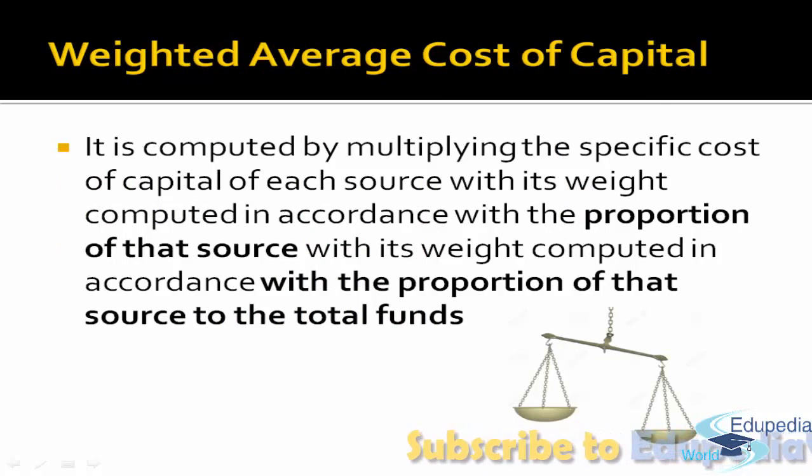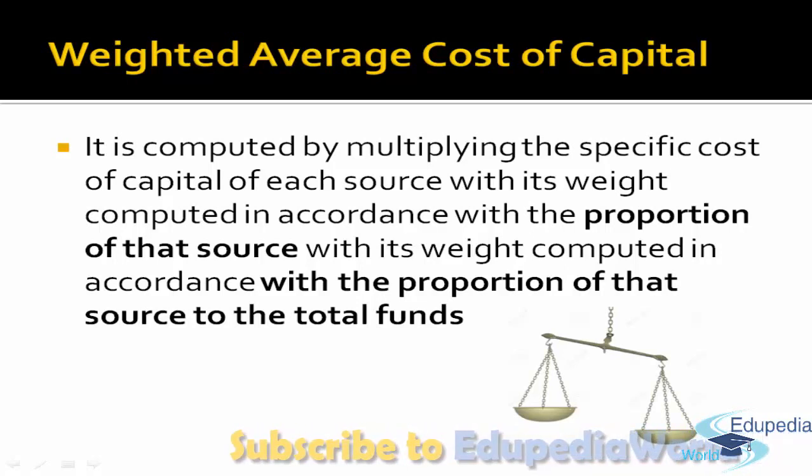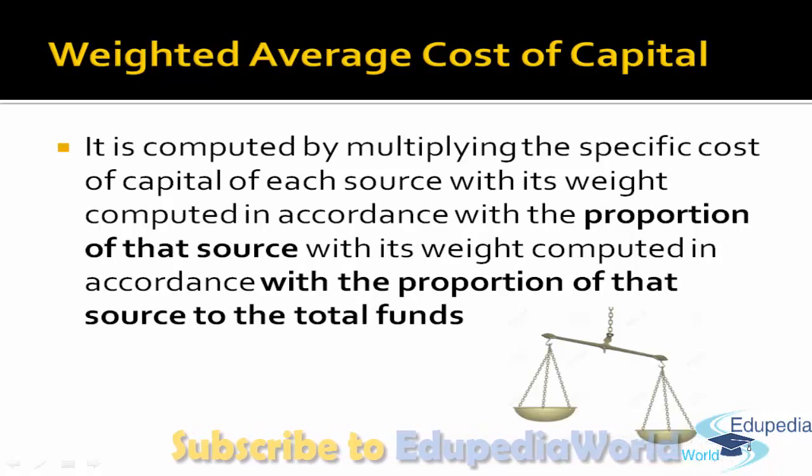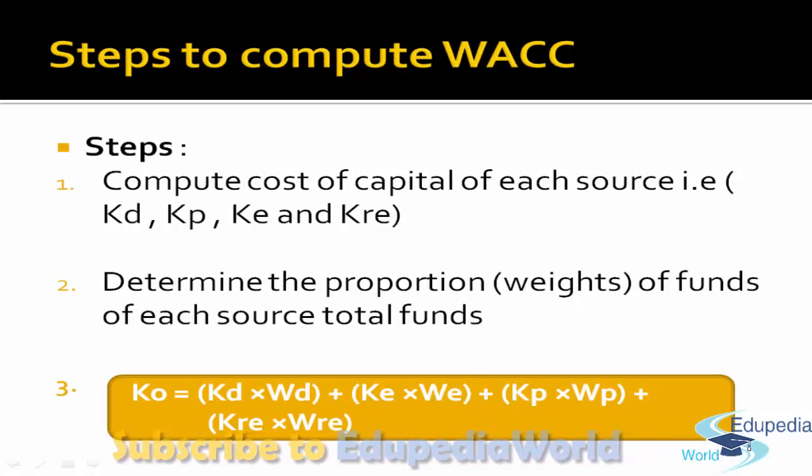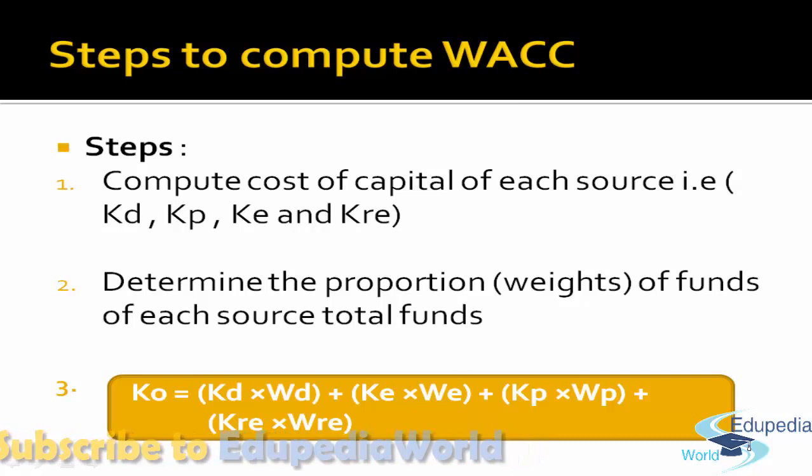So in short, what we did is just compute the weighted average cost of capital. This is called weighted average cost of capital because we have taken the weights, that is, how much proportion of that source is there in comparison to the total funds. This is very logical and very simple because we have already computed weighted average cost of capital since our 11th and 12th class. Still I mentioned the steps, but there is no funda in these steps. It's a very simple portion: that specific cost multiplied by the proportion of the total funds. This is the way we compute the total cost of capital. Total cost of capital is denoted by KO.